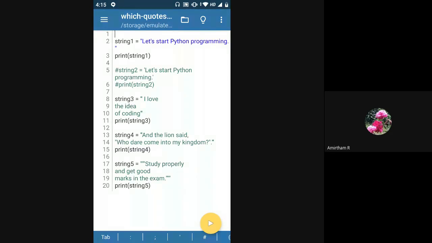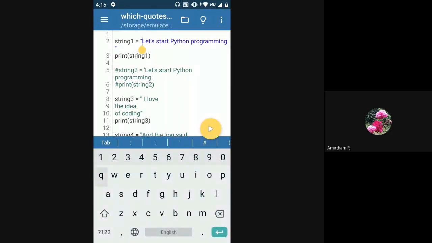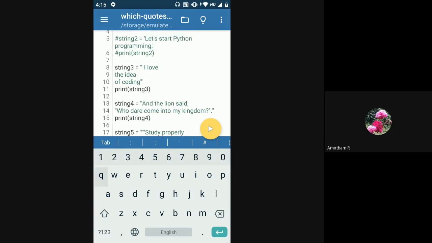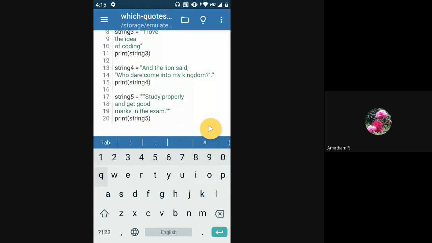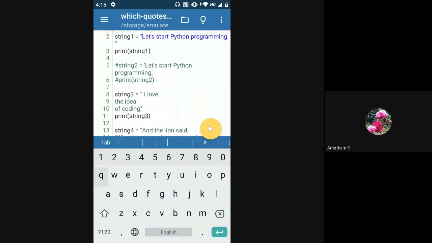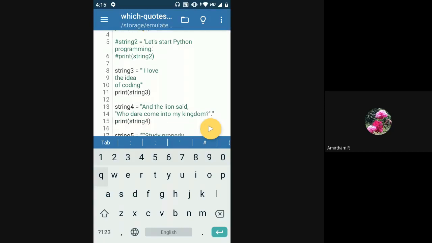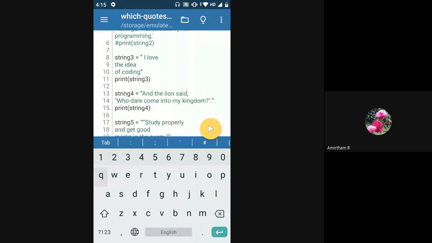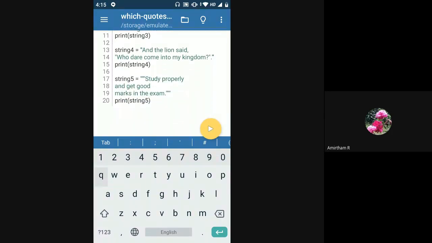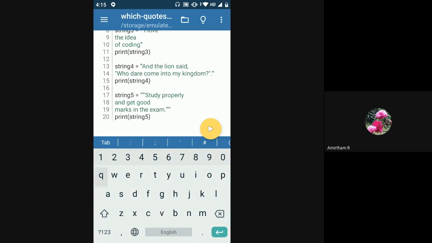See here, in this string, wherever you have a single quote inside the string, you will put that string inside double quotes. And if you have a double quote inside a string, you will put it inside single quotes. That is the example we saw. We also saw how to declare multi-line strings, using three single quotes to start and three single quotes to end, or you can also use three double quotes to start and three double quotes to end. All of these are examples.